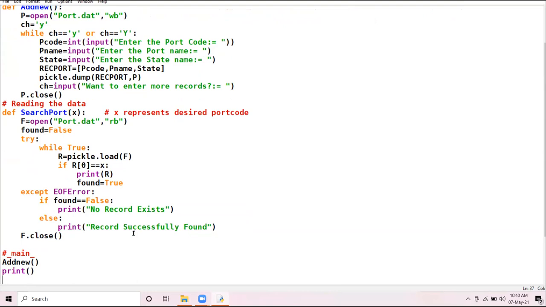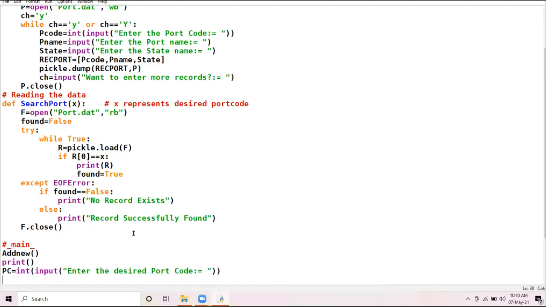Now see what additional step you have to do. PC equal to int input, enter the desired port code.